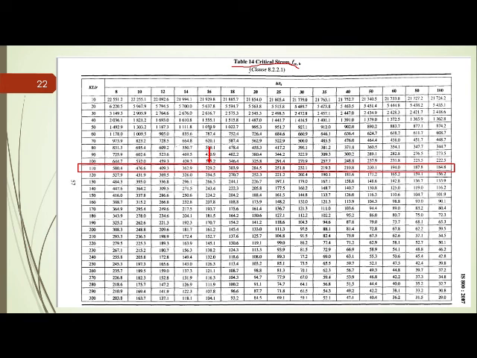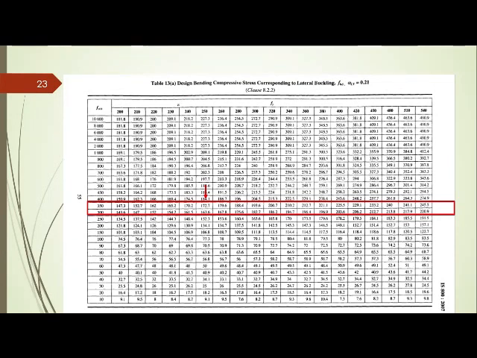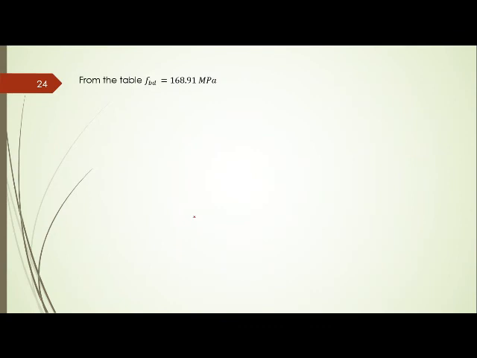The value of FCRB can be calculated as 329.2 MPa. So we have gone to another table, table 13A, which is for rolled sections. For welded sections, alpha LT value is different and it is given in table 13B. So we have seen that we have 311 value, so it may lie between these two. For FY 250, we have to go for this column. So we have interpolated the value of FBD between these two, and the interpolated value is 168.91 MPa. We have used linear interpolation.